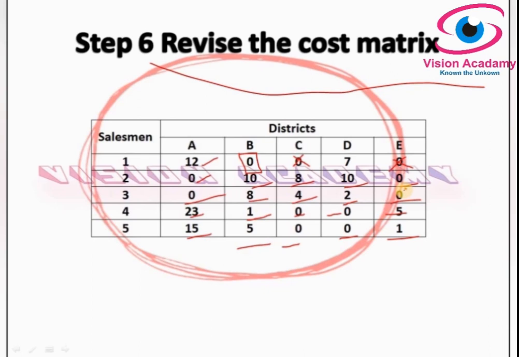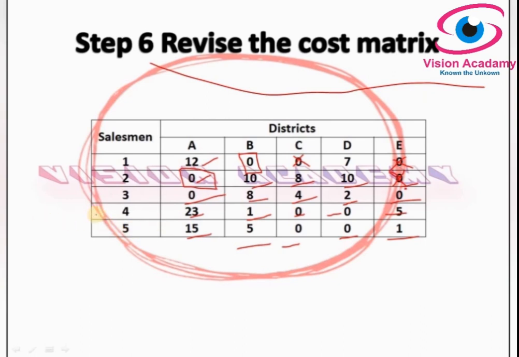Then step number 4.1 and 4.2 are over. Now you should start step number 4.3. Step 4.3 says you should start with a row, find any zero arbitrarily and give a rectangle around that and cross out other zeros. Okay, I will start from here. One assignment is made, the other 2 zeros are crossed out, and here there is a zero. Don't worry about a single zero in step number 4.3, just find it. Yes, I have given an assignment, and I am going to cross out other zeros in this row only.